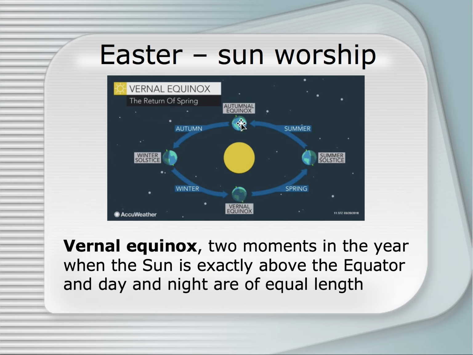There is an autumnal equinox around October time when the sun is exactly the same distance above the earth from the equator, where again the length of the light part of the day and the dark part of the day are exactly equal, and those are the two equinoxes. So it's the spring equinox and the autumnal equinox, but the spring equinox is Easter,